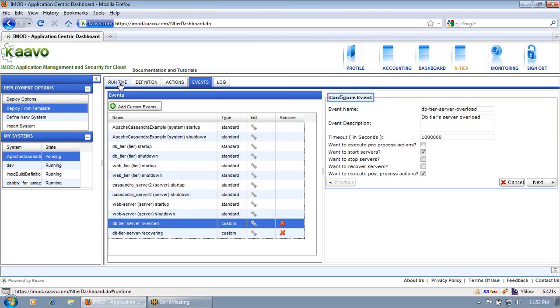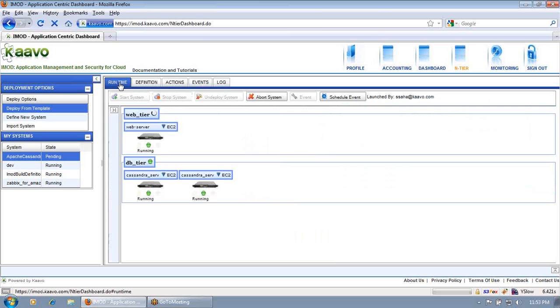Once the system is totally running, you can fire these events from the event tab, I mean the event button, and also you can set these events from the monitoring page, and with a suitable condition this event will be triggered.